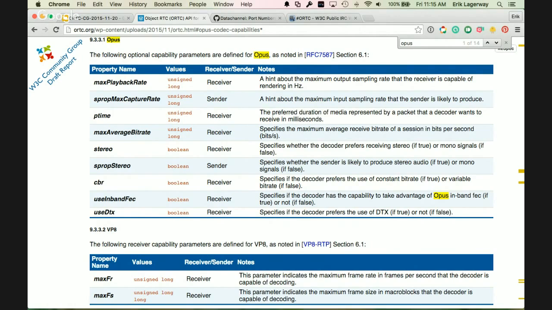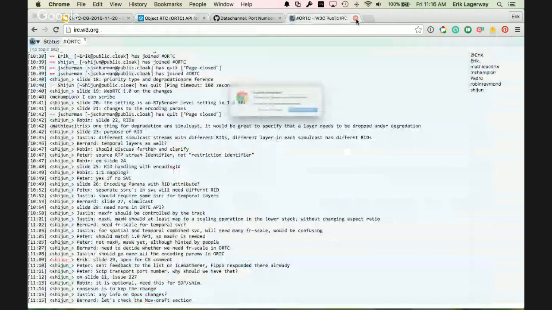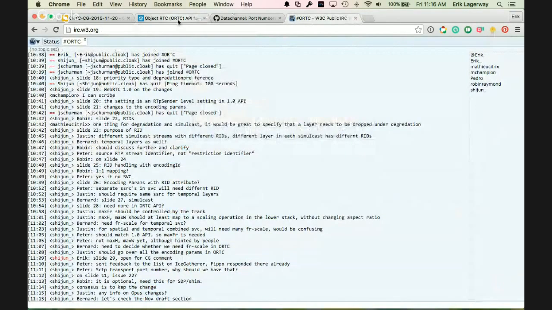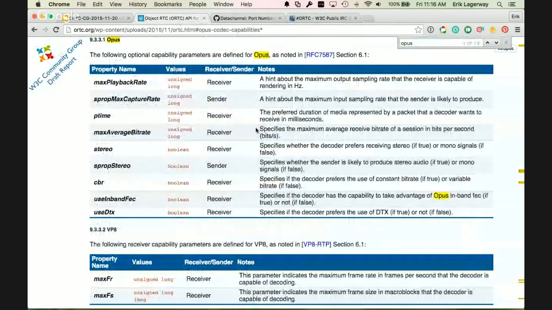So the fact that we have things about whether you're going to produce stereo or something hidden on Opus seems wrong to me. That seems like that's something we should be getting from the media stream, or the output device, or from the media stream track that we're about to plug in. Right. I don't even know how we'd wire this. Well, and you also have num channels, right? So why would you need that other thing too?